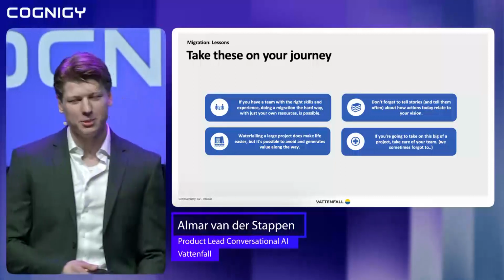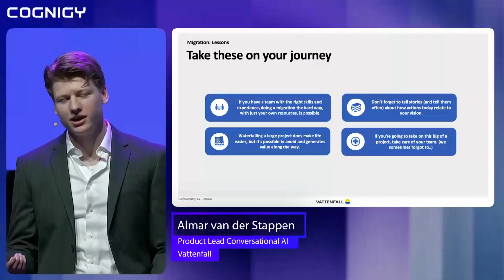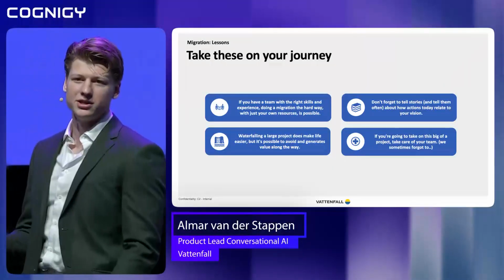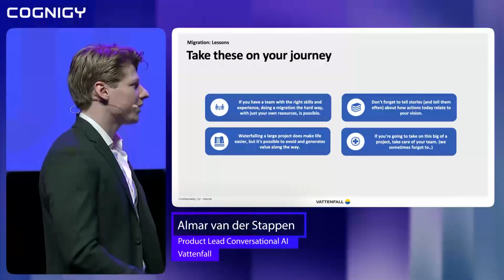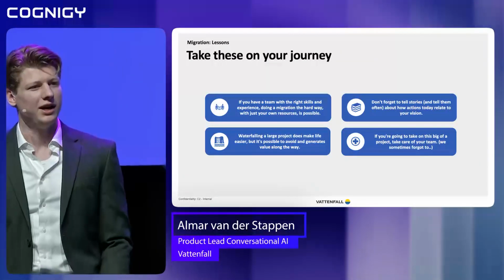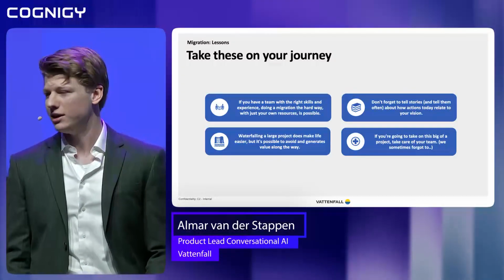And finally, I think what we've shown is you can waterfall these projects. It makes your life easier, but you're going to miss out on a lot of value. You're going to end up in a different place than you would have otherwise, most likely. So I think what we've shown is there is a way that you can do it. Do consider it, because you're going to be better for it, the end product is going to be closer to your users. So if you can,